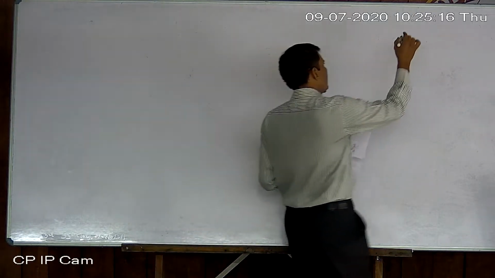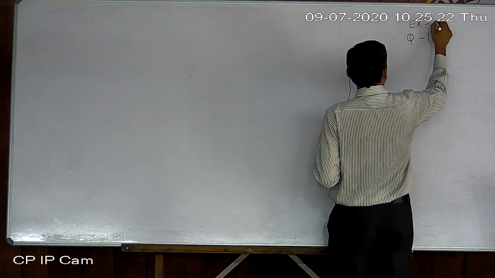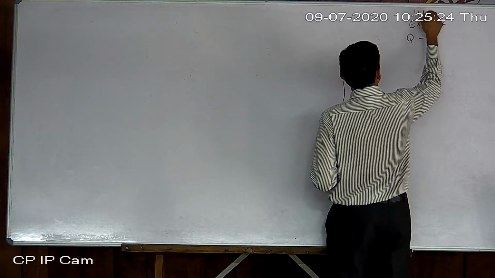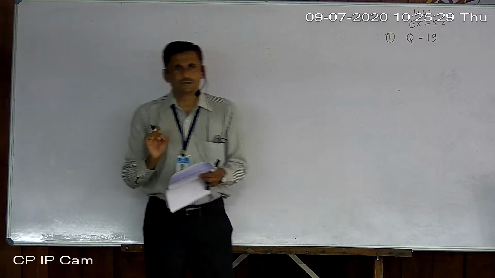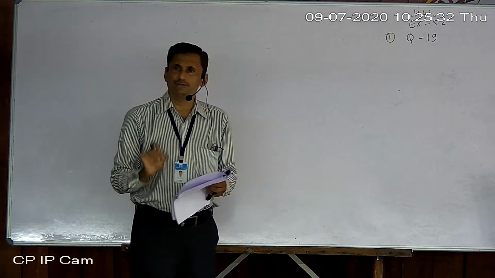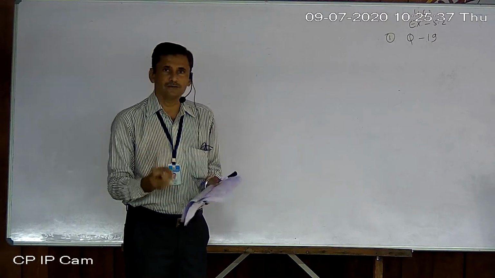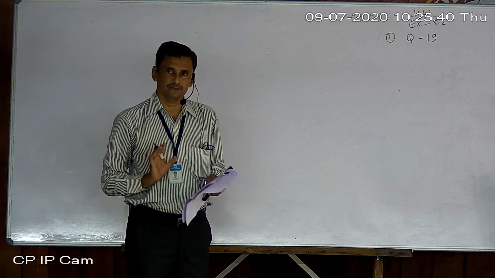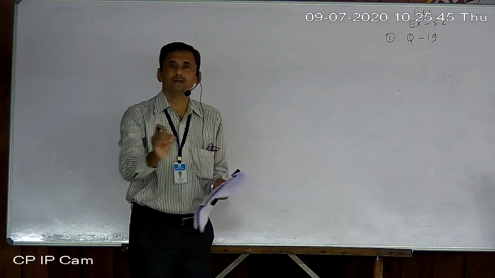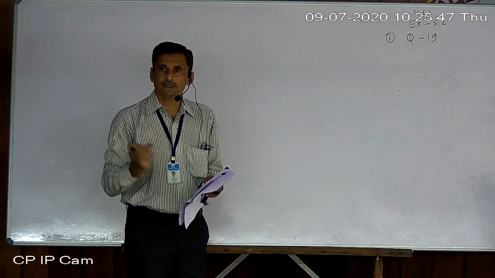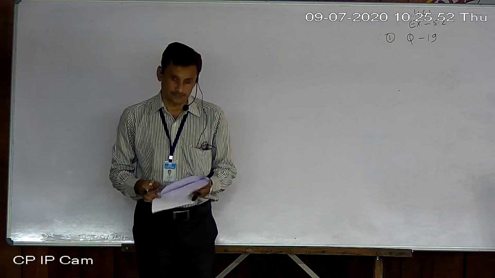So question number 19 of exercise 5.2 is homework. First sum. Okay. This sum is given directly, the AP is not given, but you can very easily understand that it forms an AP, and the last term is 7,000, but we don't know its number. So find out that number. After finding the number, just add that number to 1995. So you will get in which year particularly. In that year only, his salary is up to 7,000.